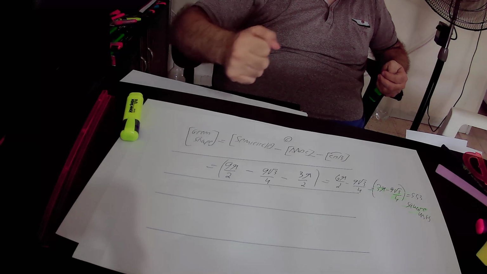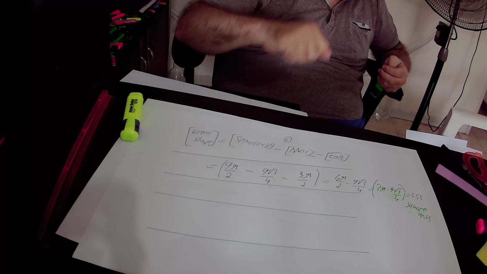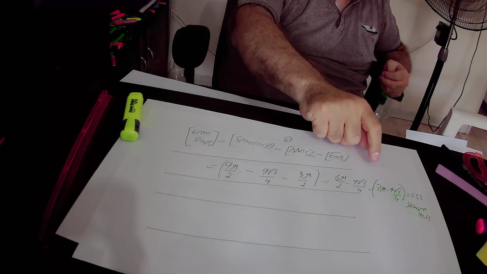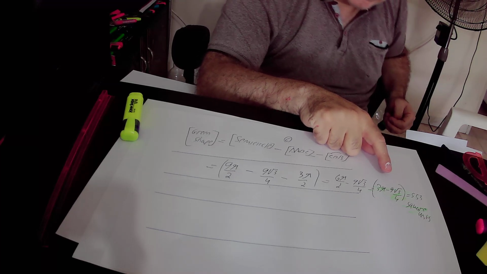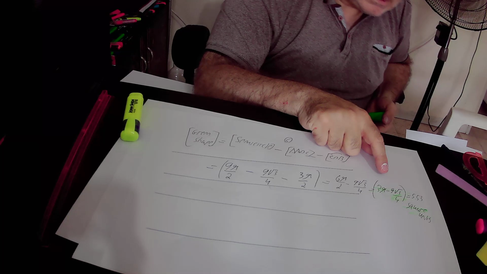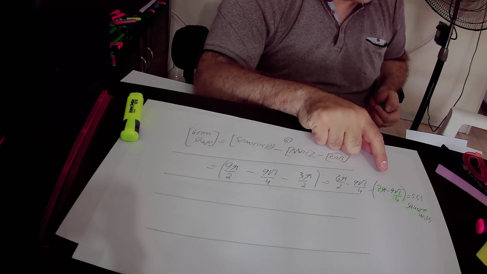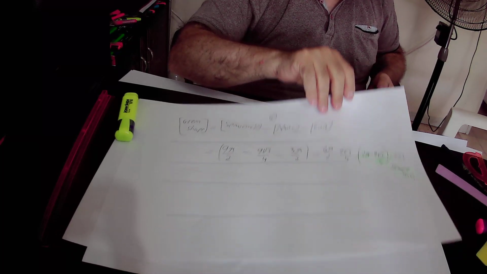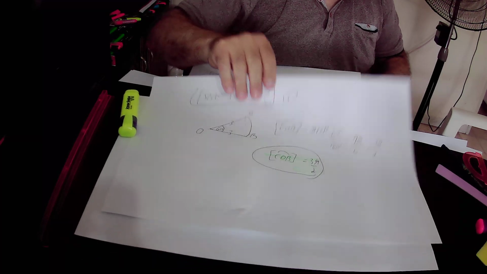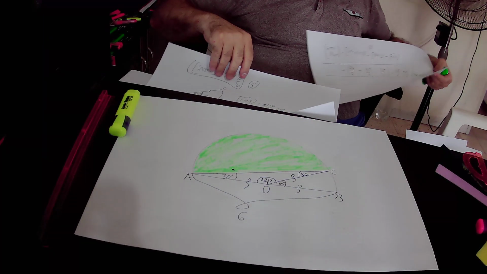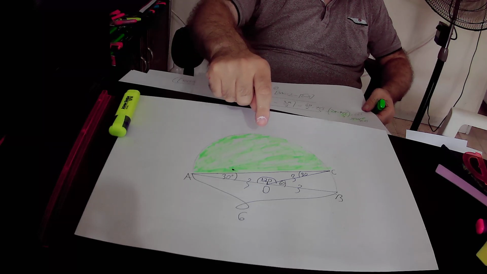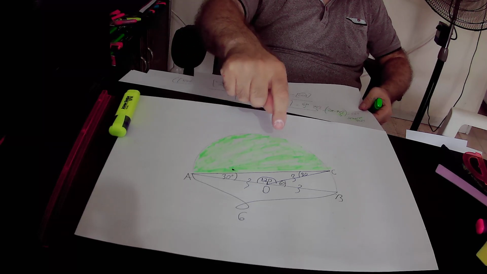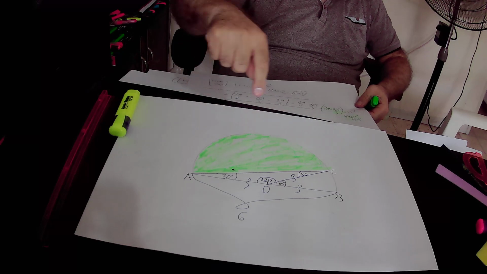So in conclusion, we found that the area of the green shape according to the second method equals either 3 pi minus 9 times square root of 3 over 4 square units, or in terms of numbers, it is equal to 5.53 square units. Okay, I'll repeat again, the area of this green shape according to the second method equals either 3 pi minus 9 times square root of 3 over 4 square units, or in terms of numbers, it is equal to